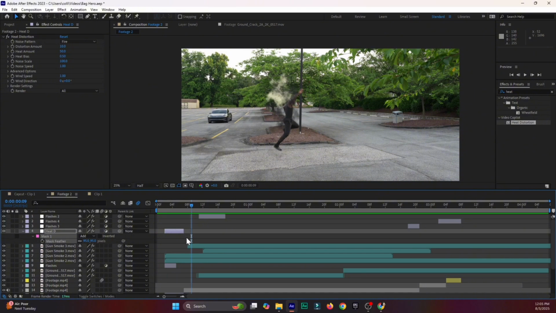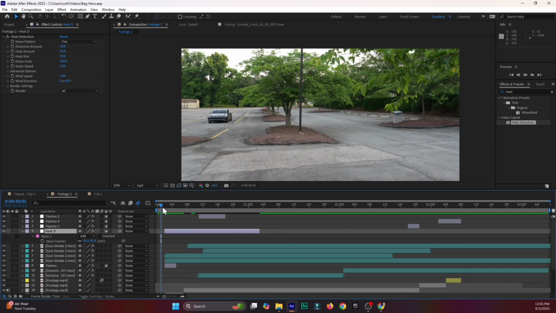we get a little bit of some distortion, but the distortion lasts for only a few seconds. So what we're going to do is stretch this out just a tad so that the distortion lasts longer. Hit Control S to save. If you press play,